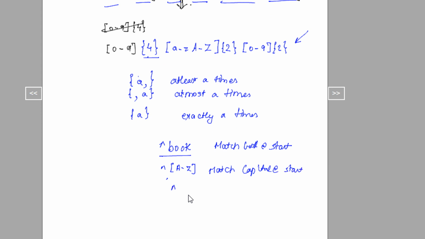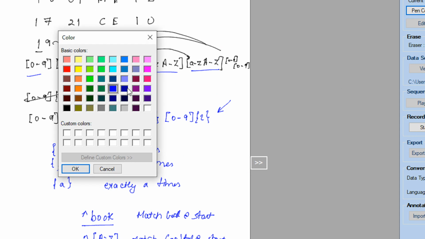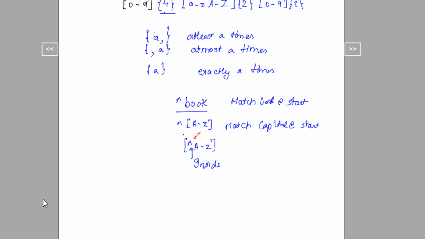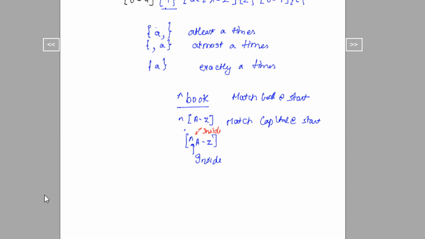But now if I write it inside, right? This is now inside, right? Just see the location. This is inside. So what happens now?